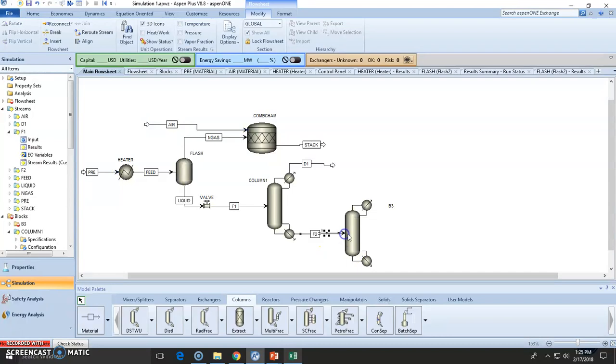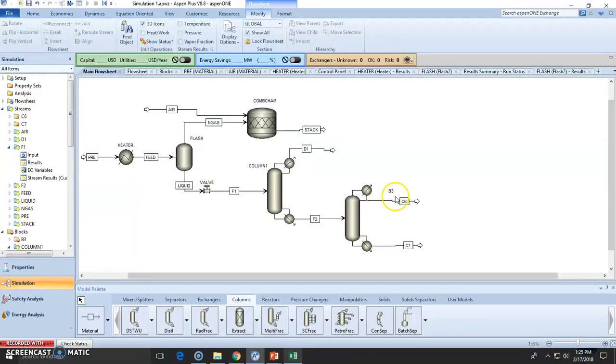We're going to have one inlet. Let's assume we have one outlet, 2 outlets. This will be the C6 stream, which is essentially benzene and cyclohexane. This is the C7 stream, which will be the toluene stream. Now add this column number 2,